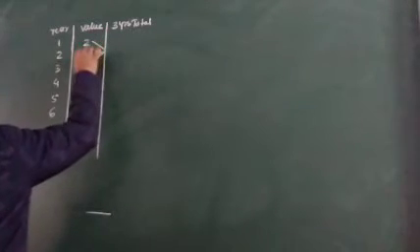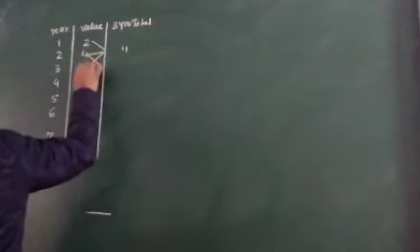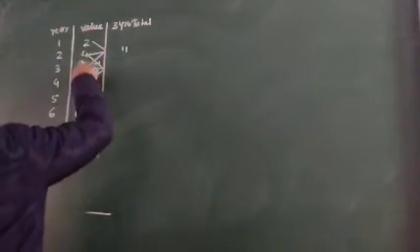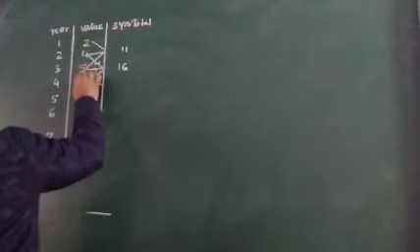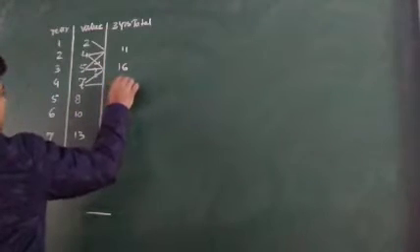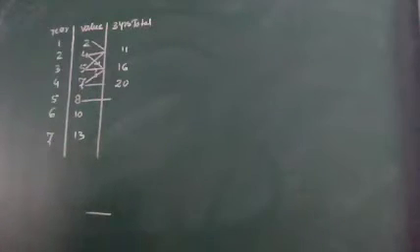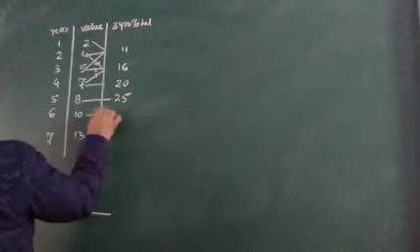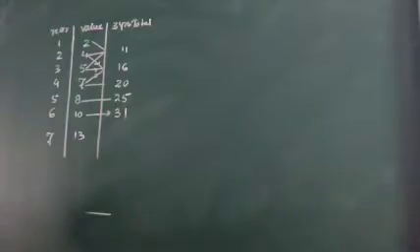So 4 plus 2 is 6 plus 3 is 11. Then after this, this one and this one will come, and it will be written in front of the third one. So 7 plus 5 is 12 plus 4 is 16. And then in front of this one, 5, 7 and 8, it can be written as 20. Then in front of this one, 7, 8 and 10, it will be 25. And then 8, 10 and 13 in front of this one, it will be 31. That's only the total I have written.